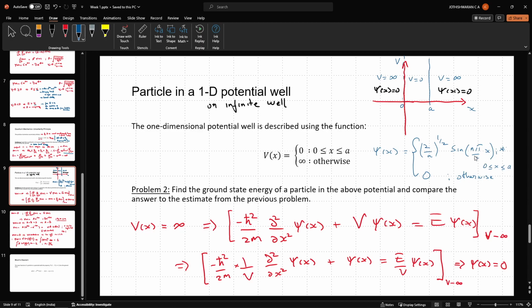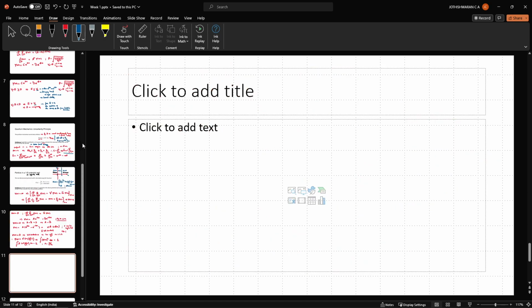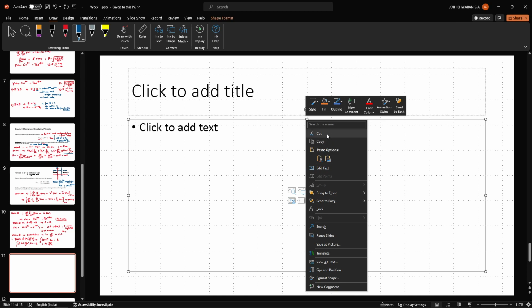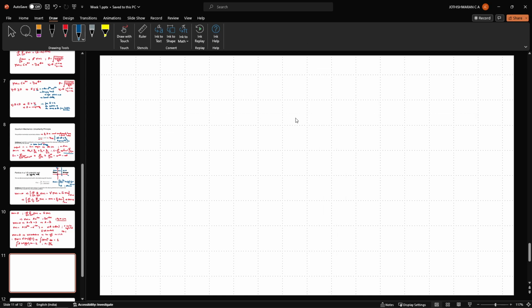The ground state energy will be, or rather first let us get the general expression of energy, and from there we shall look at the ground state energy. Yeah. So now we have